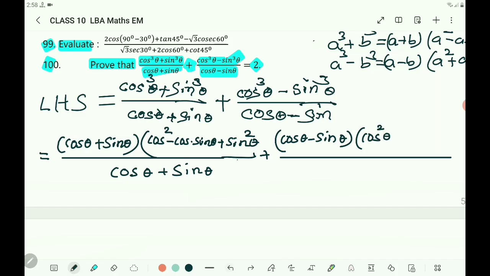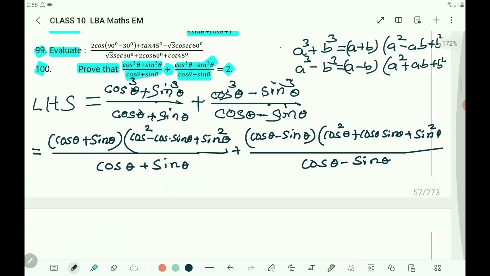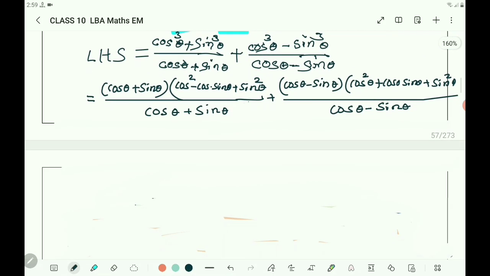Here minus is there, here plus cos theta sin theta plus sin square theta, that by cos theta minus sin theta, equals,